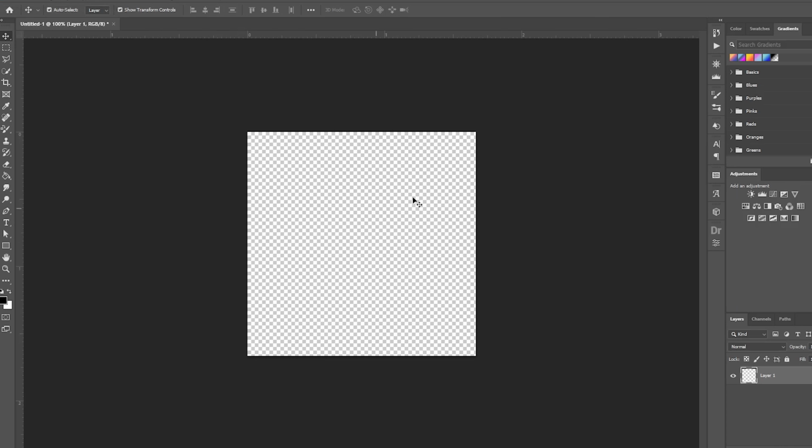With a blank page ready, add in any text or images you want for your watermark. To add text, select the text tool, click where you want the text to go and type what you want it to say. For this tutorial, I have chosen GraphixGrove as the brand name. If desired, you can change the font or size. To move the text, simply click on the Move tool, then click on the text and drag it to your